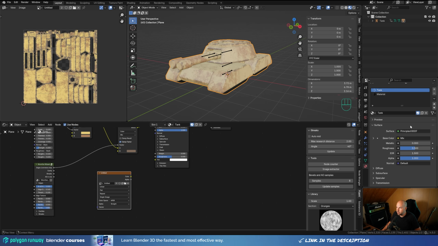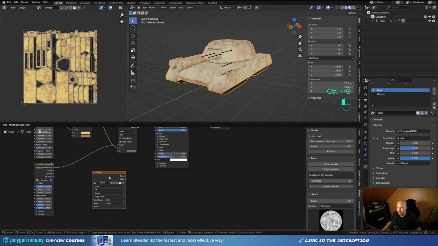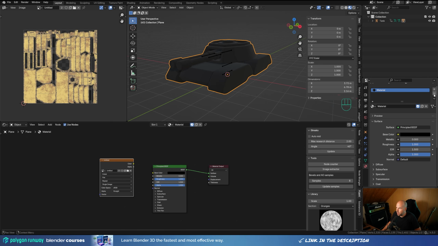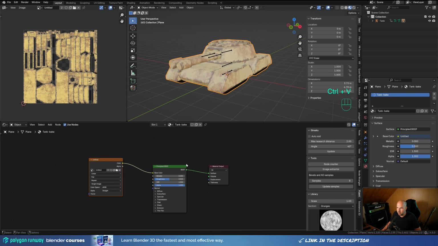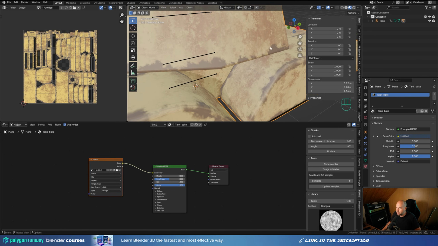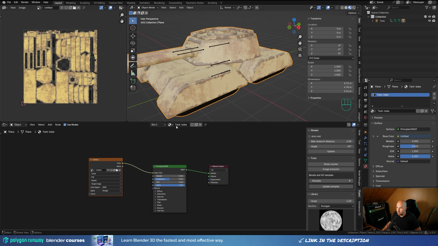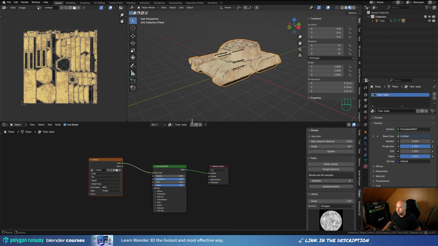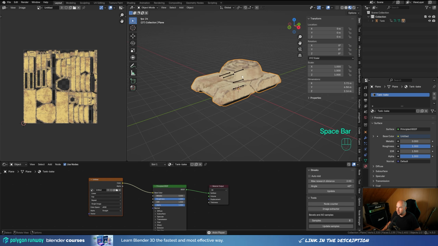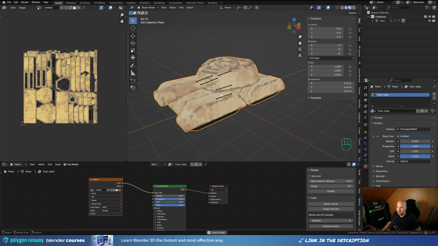So let's just remove all of those, and let's press Ctrl C again to copy this image, and let's remove all the materials and create a new one. Let's call this tank bake, and I'll just press Ctrl V here and plug the color. And now we are using just the baked image texture here. I will increase the roughness to full, and now we're basically finished with our model. If you play back, it's still animated, it still uses the armature animation, and now we can export this as